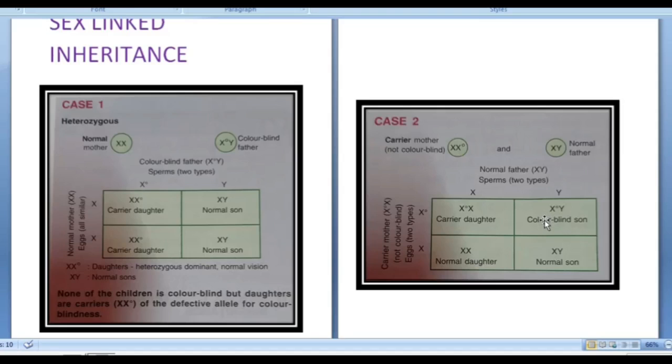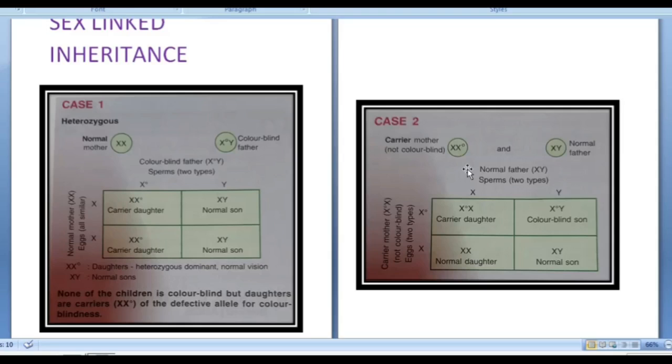There is no other X chromosome which is having a dominant gene. So in the absence of a dominant gene, this recessive X0 will express itself and the son will be colorblind. Whereas for a daughter, X0 X will be a carrier and XX will be a normal daughter. The daughter will be colorblind only when both the X are in the state of X0, X0, because X is the dominant one.